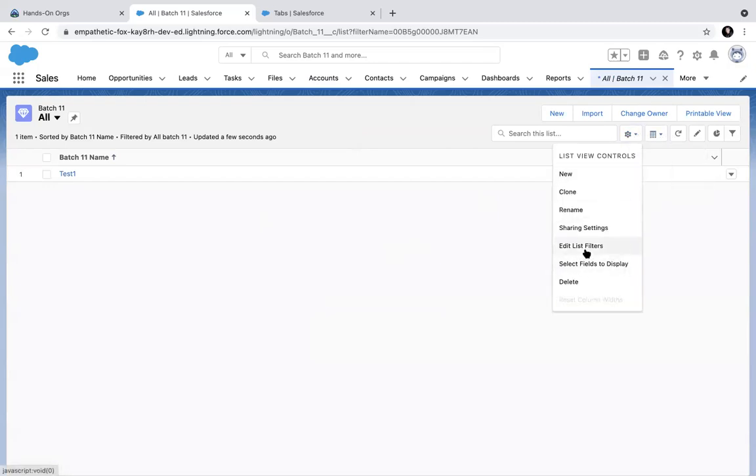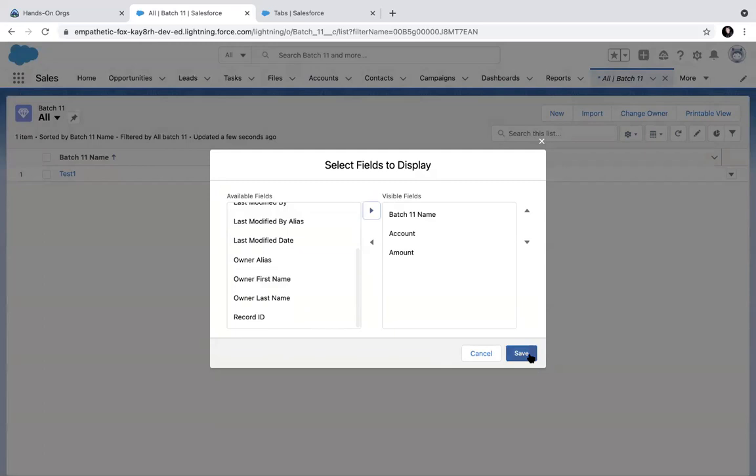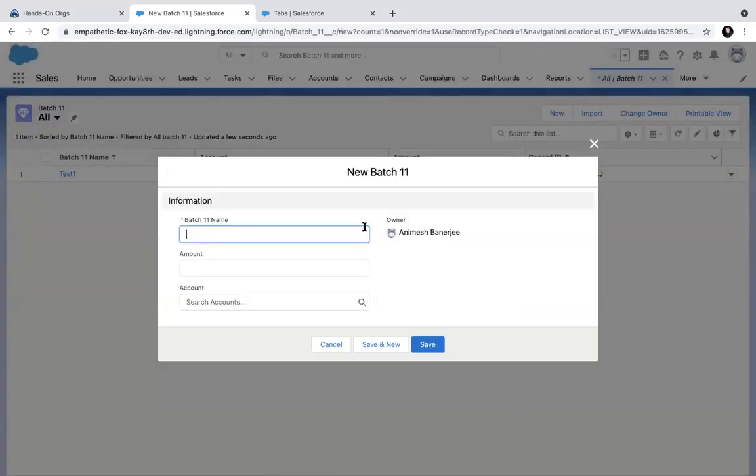I can go and edit this list, select fields to display, and probably I will select the account, select amount. That's it. Record ID I can do. Now I can go and create a record from here also.